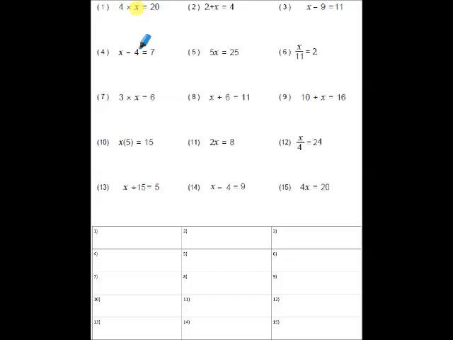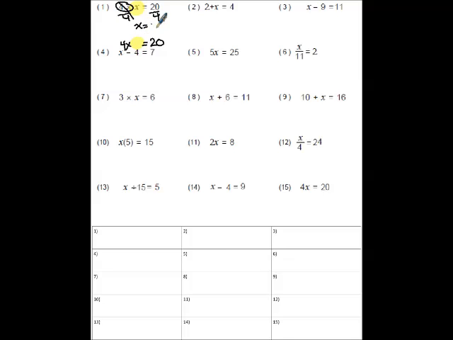We want to know what x is equal to. So basically, we want to know 4 times what is going to give me 20. Now, I don't want you to just figure out what goes in there because we're going to start having some more difficult numbers. We need to understand that the opposite of multiplying by 4 is dividing by 4,